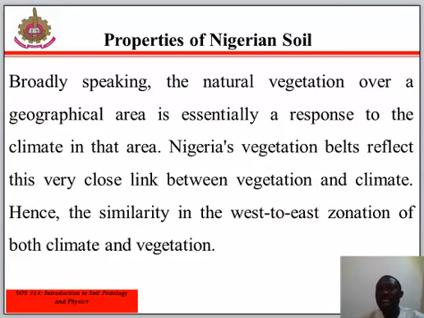Vegetation belts are demarcated on a west to east zonation pattern, characterized by transitional zones from one belt to another, and are influenced by soil type. Nigeria has two broad belts of vegetation types, namely the forest and savanna types. There is, however, also the mountain vegetation of the isolated high plateau regions in the central and far eastern parts of the country. Generally speaking, the physical properties of Nigerian soil deteriorate northwards while the chemical properties follow a reverse pattern.